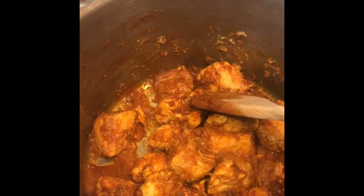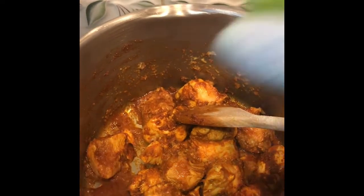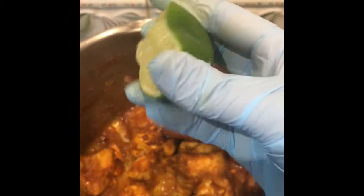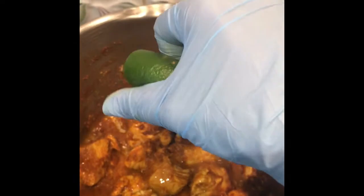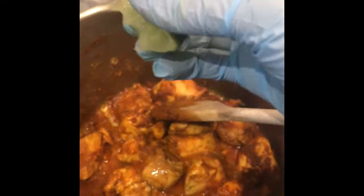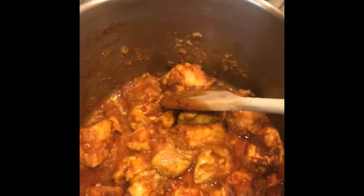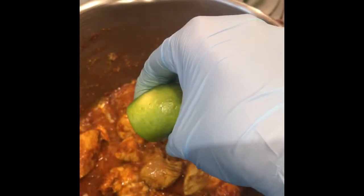Okay, so while that's going, we'll squeeze in the lime, juice of 1 lime. If you don't like the flavor of lime, you don't have to put it in there. I do like it, so. And my recipe calls for some lime. That's 1. Hard to squeeze with 1 hand, but